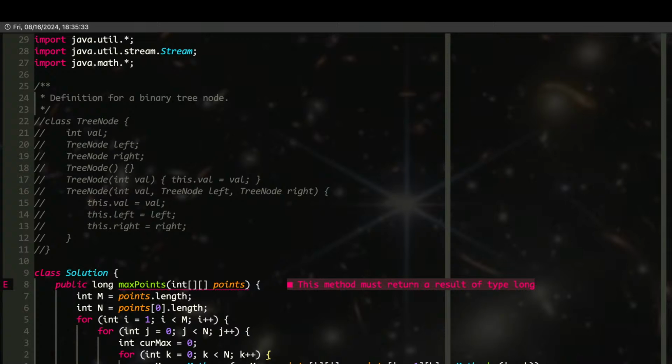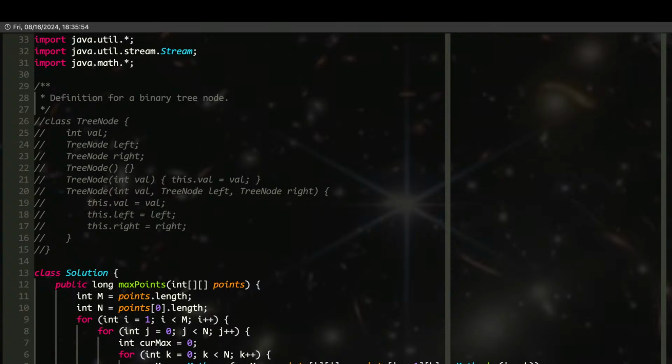Right, so after doing this, we get a current max. Now we just say points[i][j] equal to current max. Right, and now we go for the next one, go for the next one, and then at the end,